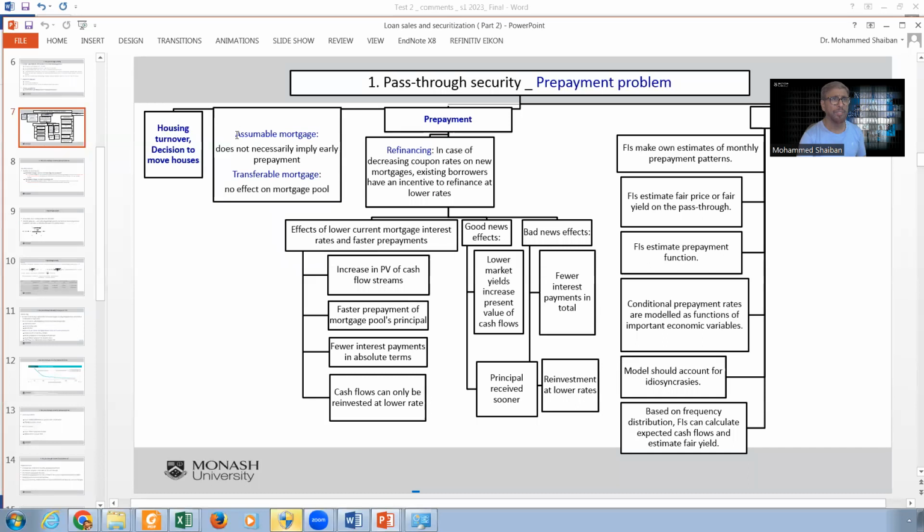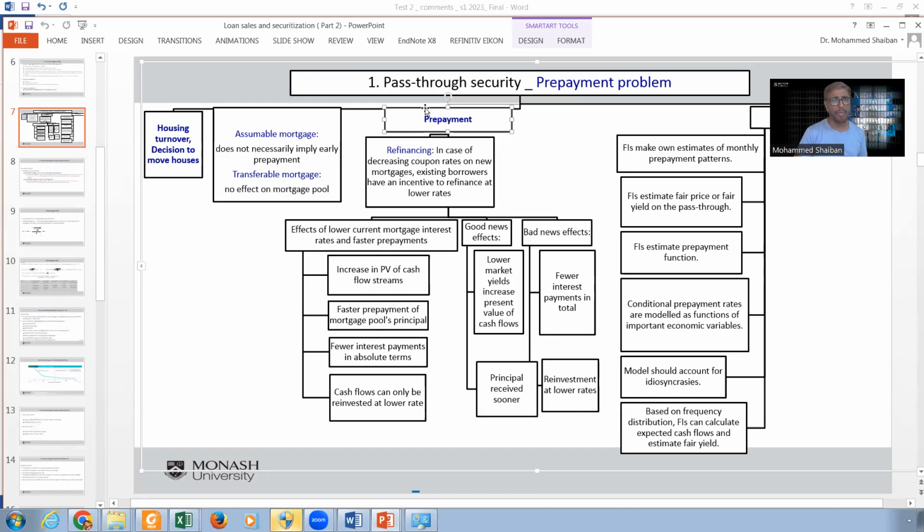I think we talked here about assumable mortgages and not assumable mortgages. And our main concern here is the repayments and what we do with the prepayments. Now, these prepayments are an important issue when we do securitization because they disturb the flow of payments from the borrowers that goes to the special purpose vehicle and then goes to the bondholder. So we need this to be always coming in time and complete, but sometimes we will have prepayments.